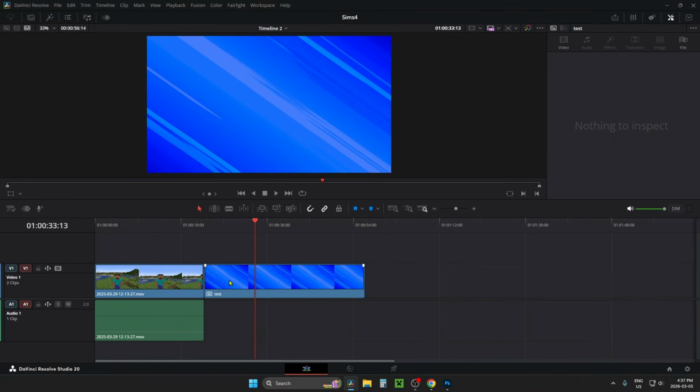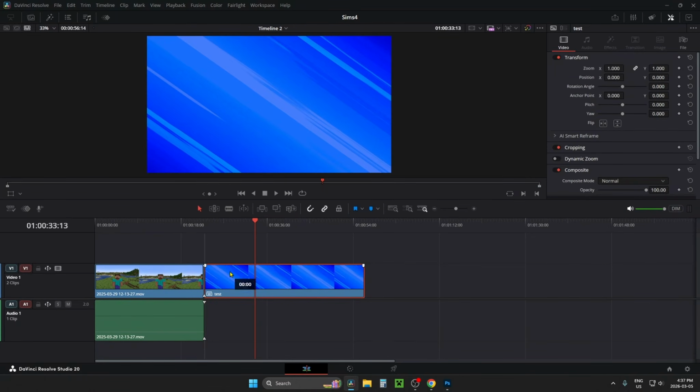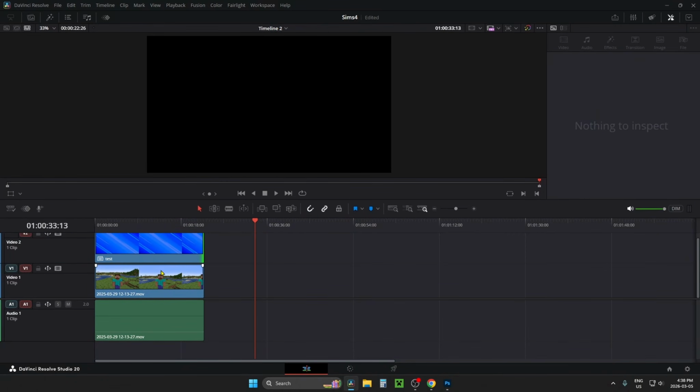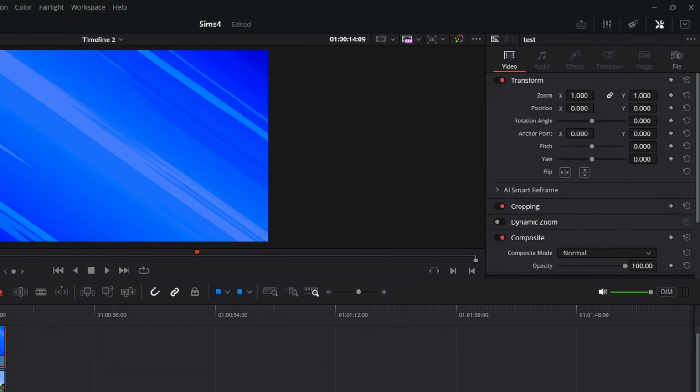Now with this video overlay clip, I'm going to click and hold it and drag it up, which is going to create a new video track. And then you just want to adjust it on your timeline so that it's the same length as your main clip. So now what you want to do with this one highlighted is have a look to the right side